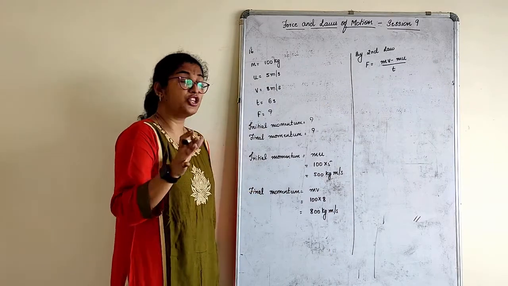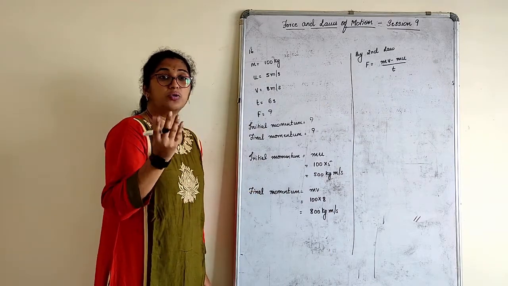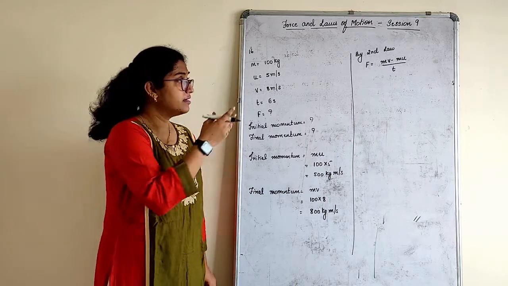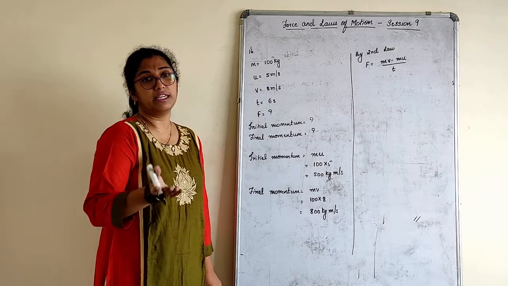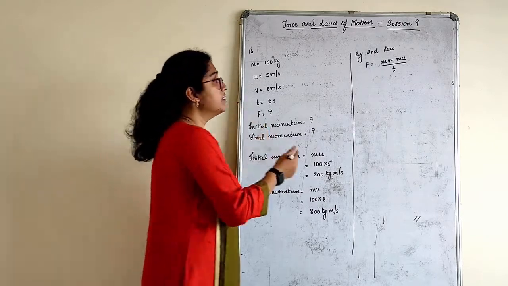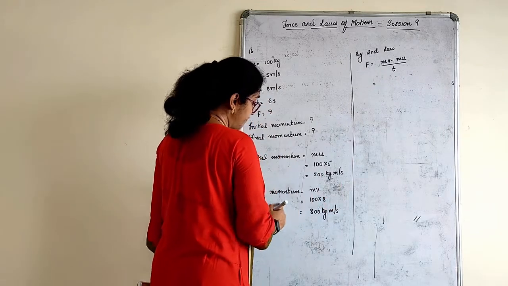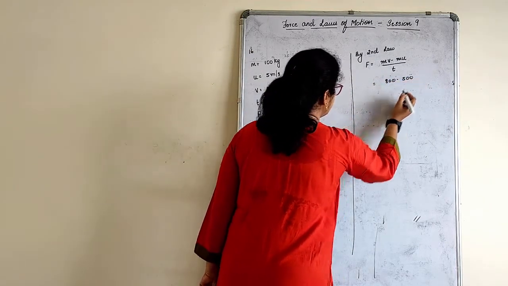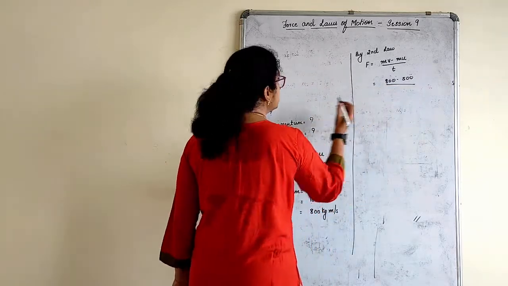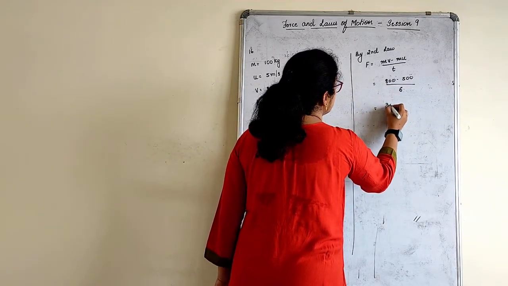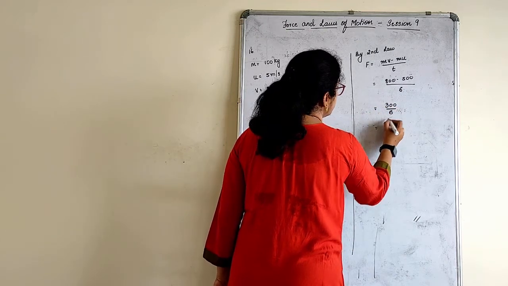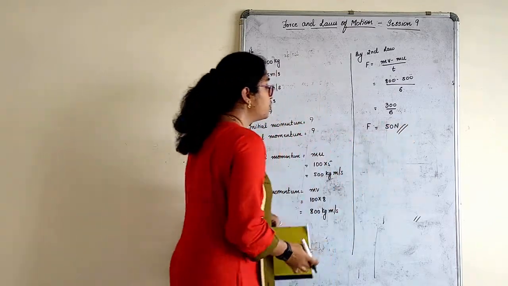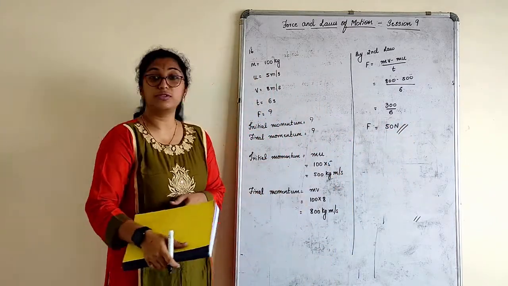I can use it. Still, children, if you don't want to use this formula, you can again find acceleration, v minus u by t. It's the same thing that you get. Then apply this into acceleration and directly you will get the answer. So force is equal to mv minus mu, that is 800 minus 500 divided by time, which is 6. 300 by 6, 6 5s are 30. Force exerted is equal to 50 Newton on the object.